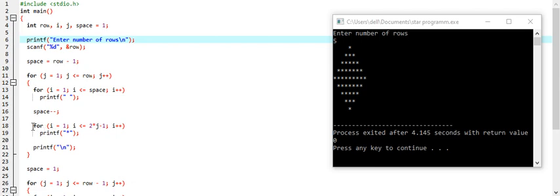Again in this for loop we have used i equal to 1, and the condition that i is less than or equal to 2 multiplied by j minus 1. But the change here would be that the first time the value of j was 1, but this time the value of j will be 2. So 2 multiplied by 2 minus 1 will give us the answer 3. Which means that this loop will run 3 times and would print 3 stars. Here we can see that it has printed 3 stars.